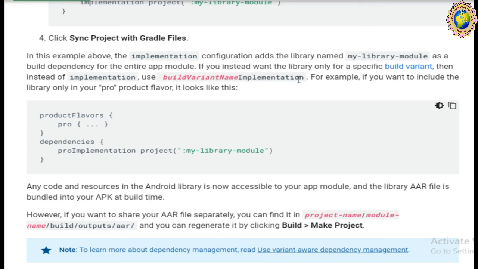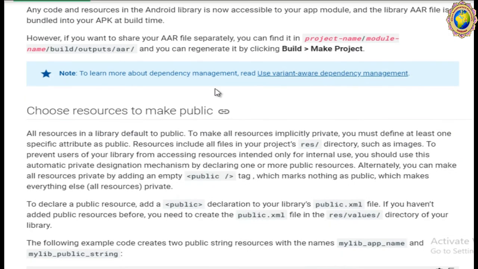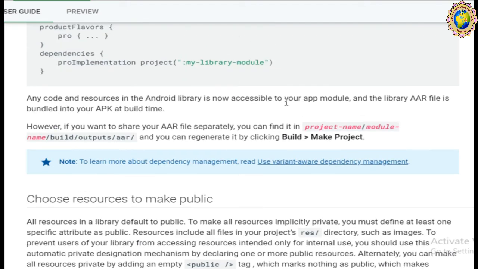For example, to include the library only in your pro product flavor, it looks like this: productFlavors, then pro, then dependencies, proImplementation project, my library module. Okay, any code and resources in the Android library are only accessible to your application module, and the library's AAR file is bundled into your APK at build time.